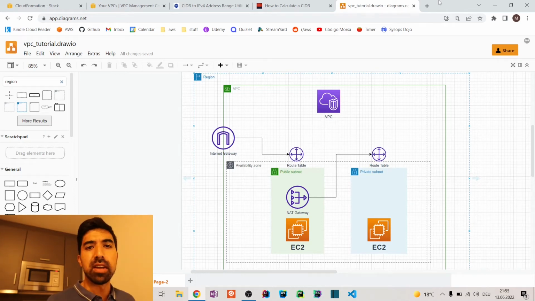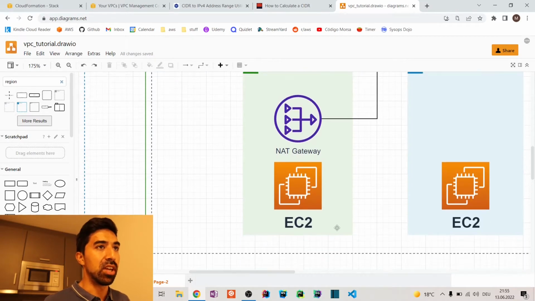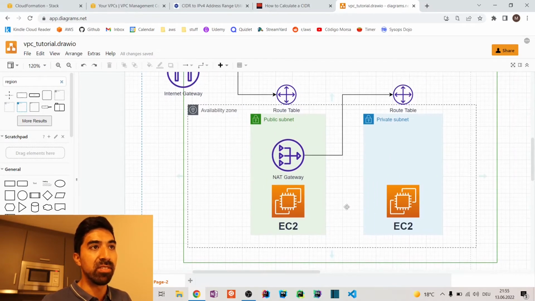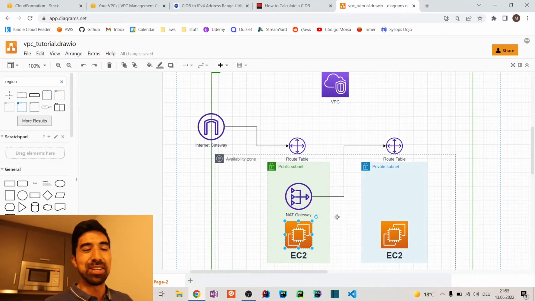Today we are going to learn about the basics of VPCs, private subnets, and public subnets. How can we set up instances in a public subnet and reach them over SSH, and also set up instances in a private subnet and reach them over the public subnet through a jump server. And also we are going to see, if there is some time,